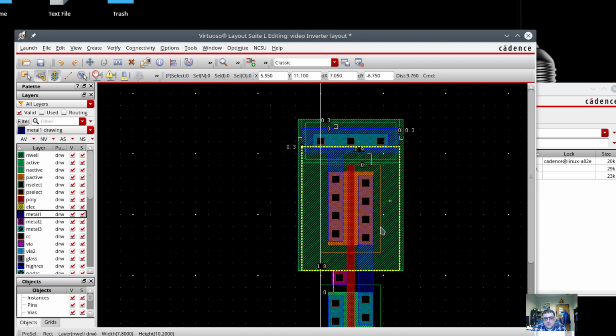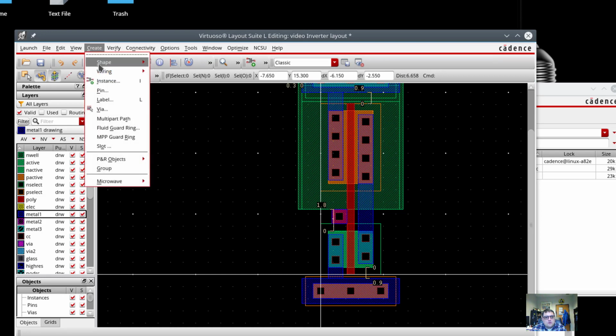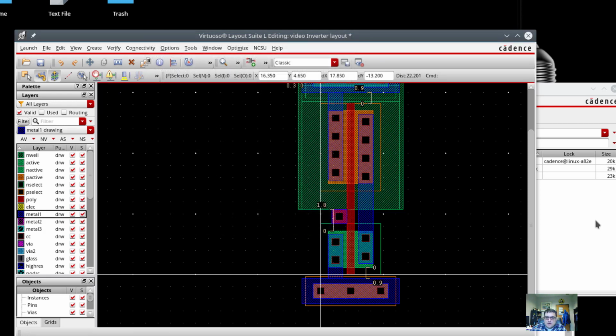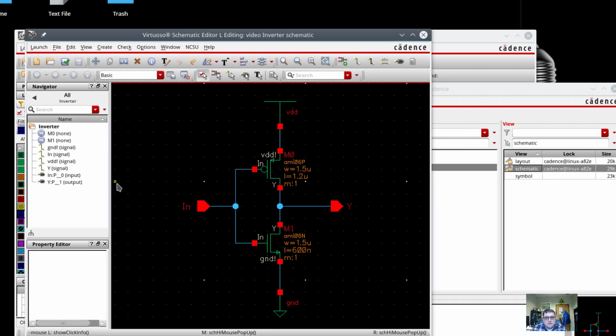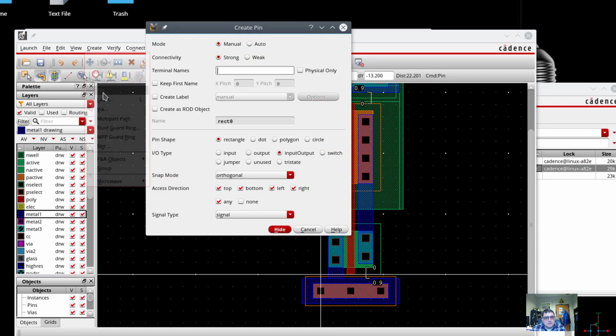So the last thing I want to do, at least in this video, is assign the pin names. And so what we're going to do is assign a pin. And if you don't remember the names of the pins you used, now's a good time to bring up the schematic view that we have, where we said we're going to have in and Y and ground and VDD. The pin names are case sensitive, so they have to match exactly. So I'm going to go ahead and create a pin, and that pin is going to be an in,